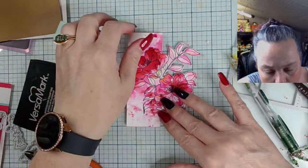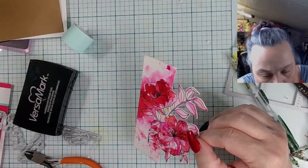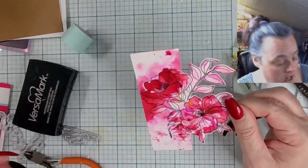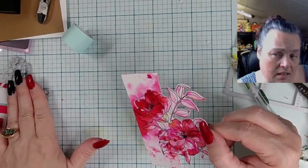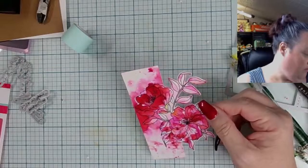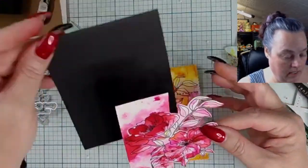Yeah, Spellbinders has the lavender one, the black one, the white ones. Yeah, no, the black one is Scrapbook.com. Because Ranger has all of the Sizzix, sidekicks, and all that. Theirs are black too, I think. So then we decide what kind of...